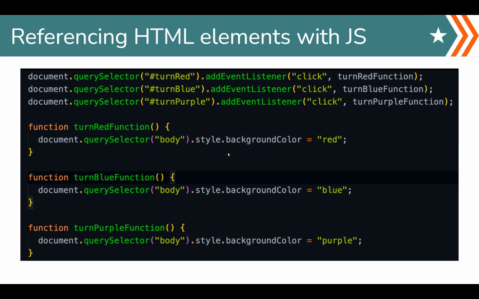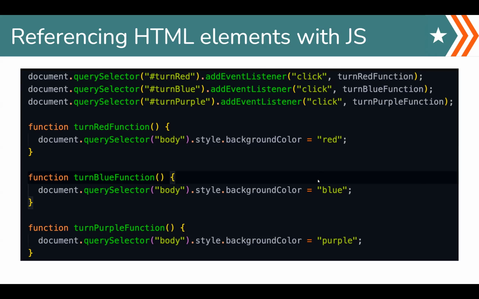We have 3 different functions, but they're essentially the same function, but the outcome is a little bit different, right? Let's look at the turn red function. The function turn red, once again, it grabs a document. It's going to look for a selector called body, right? It's grabbing a specific element, the body element, the body tag. And then it uses the dot style method, so it's going to access the styling of this element. And then it's going to style the background color to red, right? And the other functions are doing the exact same thing, but for a different color, right?